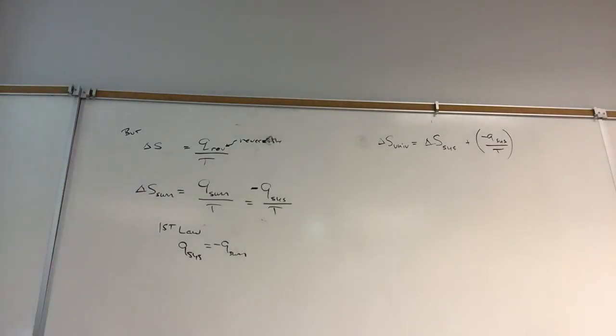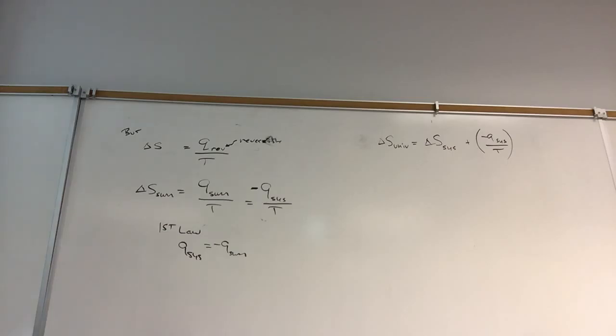Well, the problem with heat is the amount of heat you're going to get changes depending on how you do it. I don't want the amount of heat to change. I always want the amount of heat to be the same. If I want the heat to be the same, I have to make the heat into a state function. And so in chapter 7, we made the heat into a state function. Which state function? Well, we made the heat into two different state functions, right? If we do the reaction under constant volume, we can make the heat equivalent to delta U. But if we do the reaction under constant pressure, we can make the heat equal